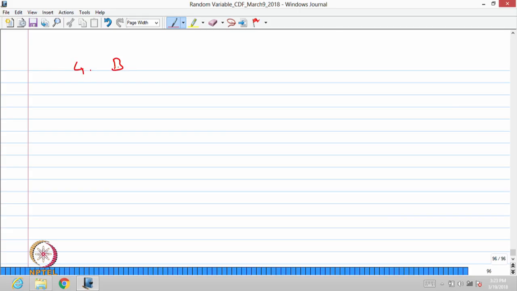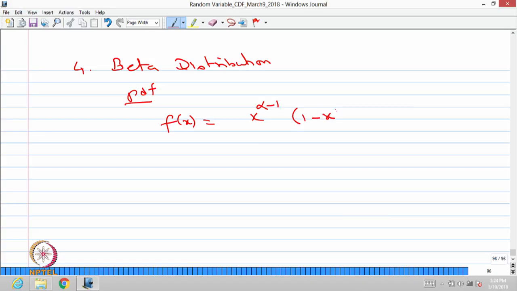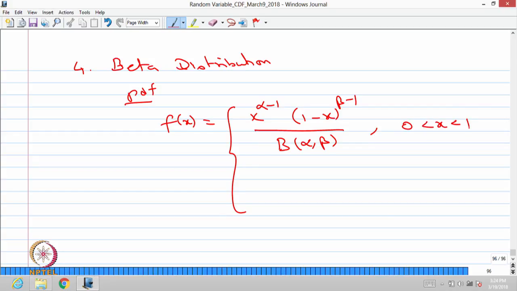Number 4, beta distribution. A continuous type random variable x, whose probability density function is of the form f of x equals x power alpha minus 1, 1 minus x power beta minus 1, divided by the beta function of alpha comma beta, and this is valid when x lies between 0 to 1, otherwise it is 0,